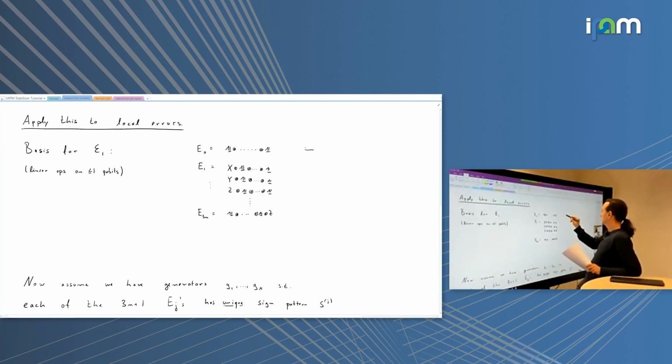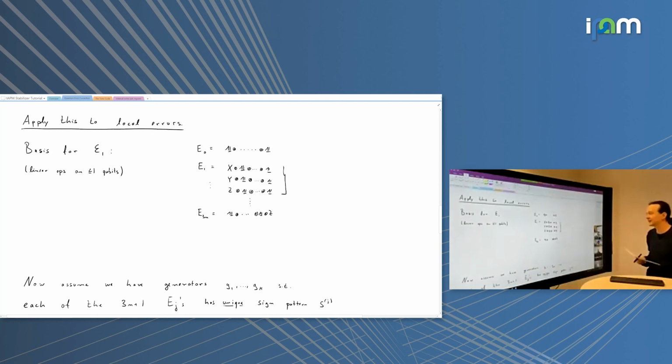So there is only one operator that acts on 0 qubits, which is the identity. And then we got 3 operators, X, Y, and Z. They act on the first qubit, but together they form a basis for the space of operators on the first qubit. So in fact, every linear map that acts on the first qubit is a span of these 4 terms. So we have a basis here.